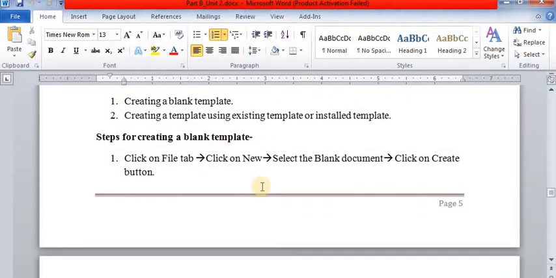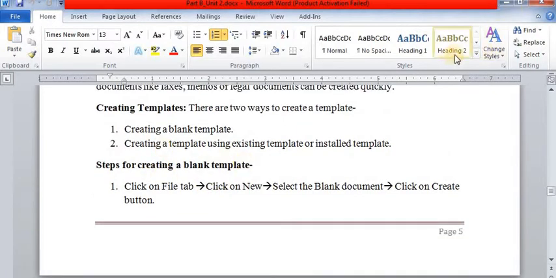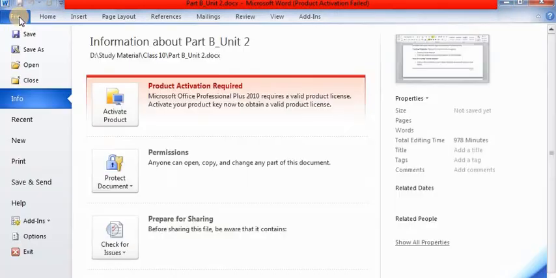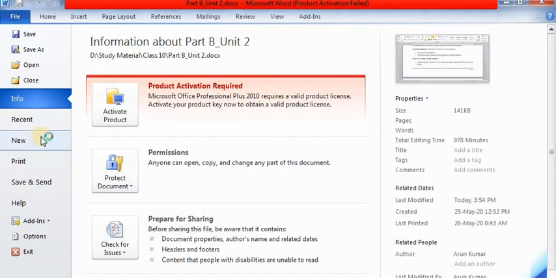Okay, so let's revise. What are the steps? First of all, you will click on the File tab. Let's do it practically. First of all, minimize this file. I will create another new file. New.